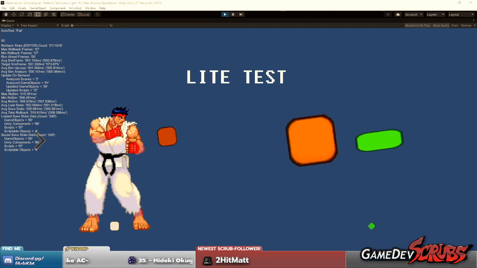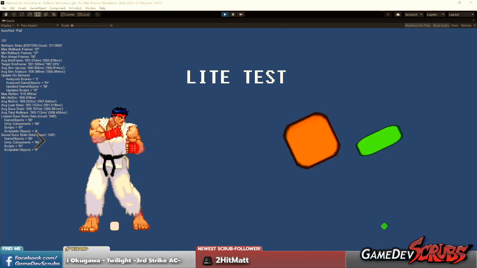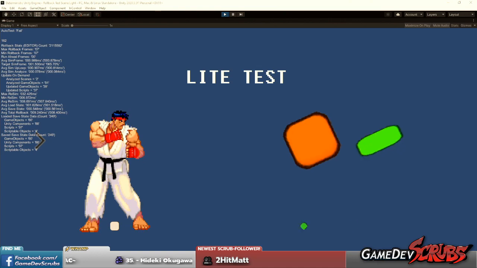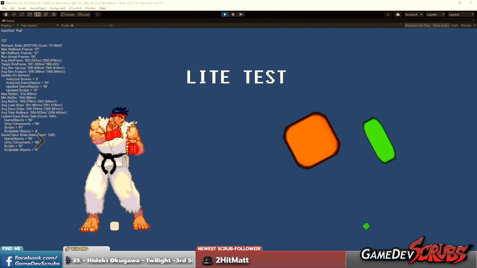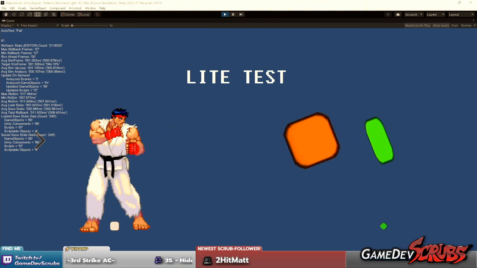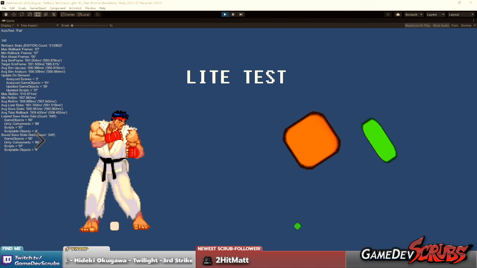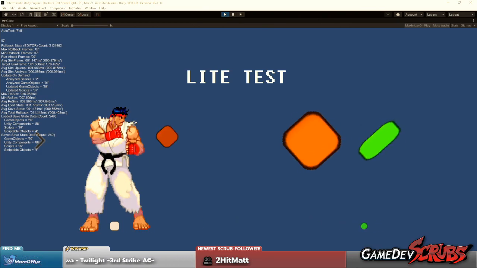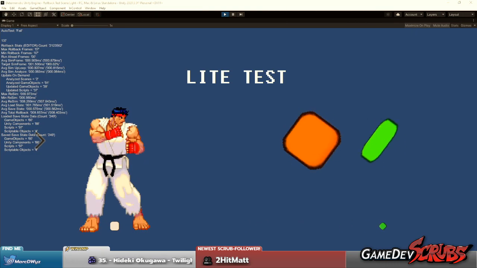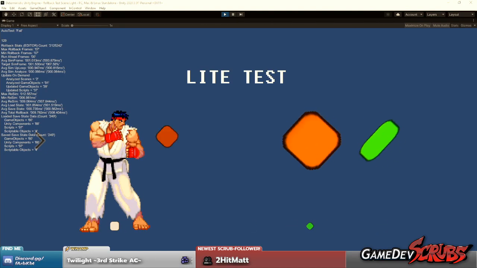MK11 is pretty graphically intensive, isn't it? And it has rollback. Strive 2, yes. Although they're running on pretty powerful machines, and they planned for it. So this is the whole thing. If you plan for it ahead of time, you can make smart optimizations and smart cuts and figure out what you can and can't do with it. Also, the other thing that helps fighting games with graphic rendering is the fact that you're not rendering a whole world. You're just rendering the stage and what you can see and that kind of stuff.